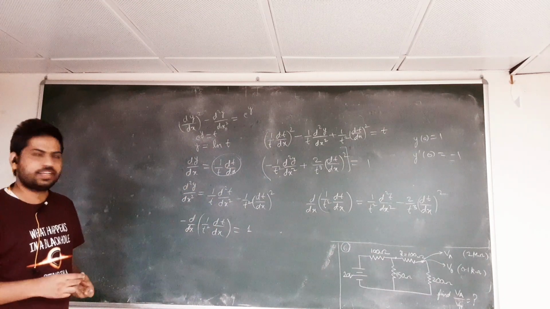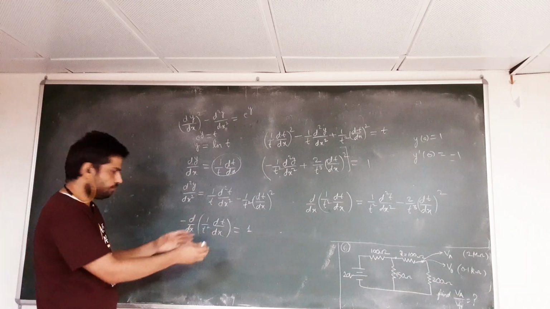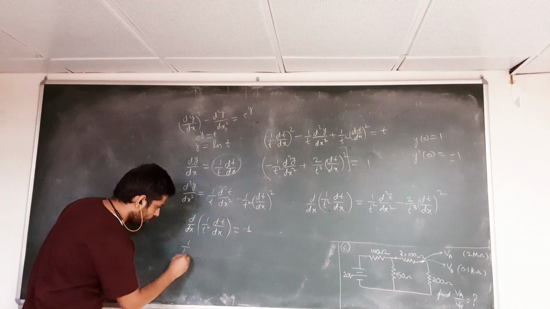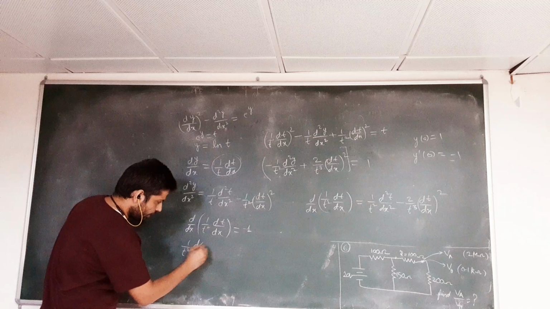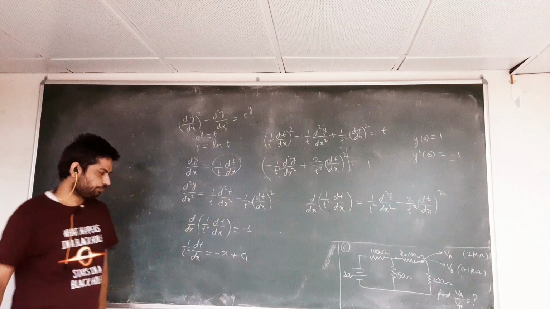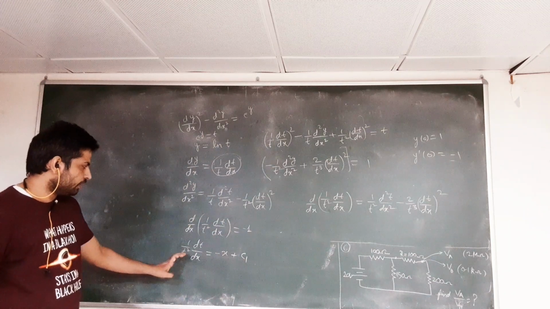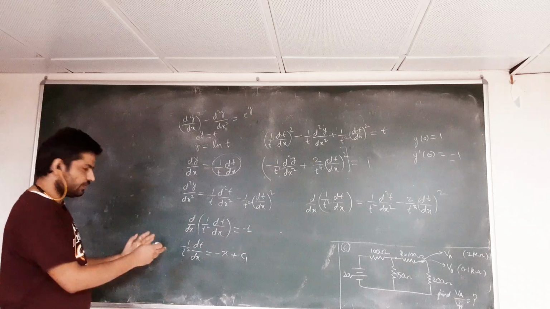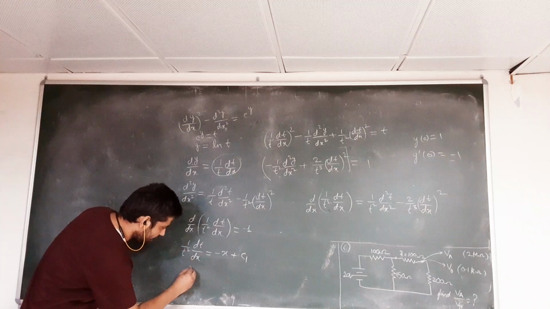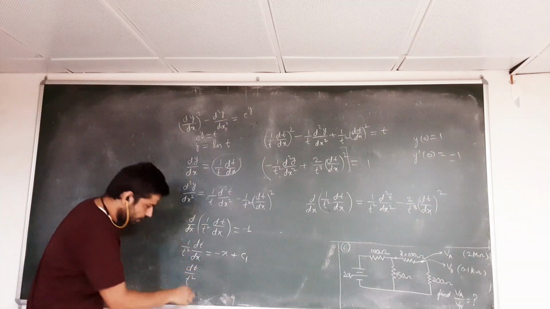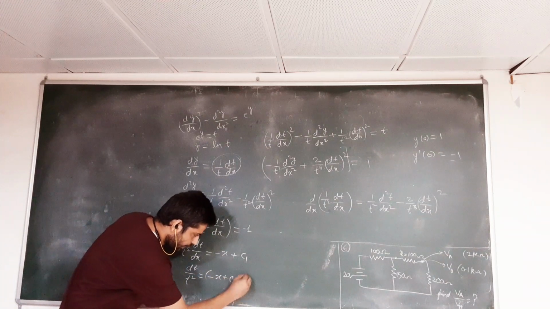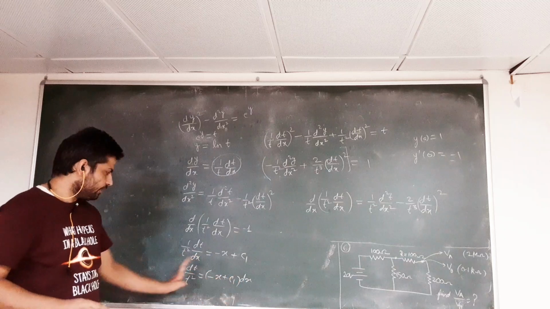This is easily integrable. So we can integrate this term. This negative term we can put here, and the derivative of this will be 1 by t square dt by dx equals minus x plus some constant c1. Now we can integrate this term, because this is actually the variable separation method. So we can rewrite this equation as dt by t square equals minus x plus c1 dx. So variables have been separated, we can easily integrate it.